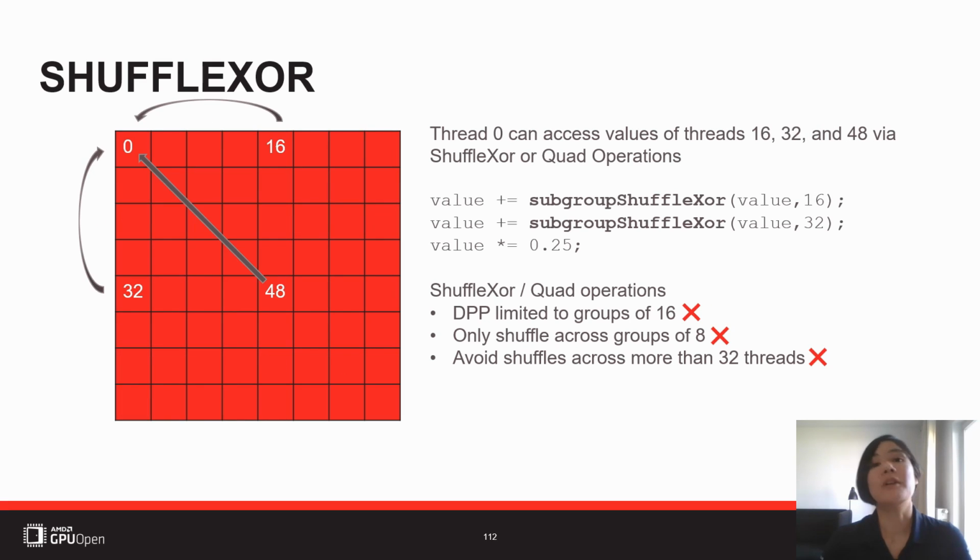Then from MIP3 to MIP4, we need to swizzle between the threads 0, 16, 32, and 48. Now we're actually going beyond this group limit of 32. This means we can't use DPP anymore because we are not in a group of 16, and we also can't use LDS permute because we are exceeding this limit of 32 threads. This is very poor in performance, so we can't use any of these efficient instructions, and the compiler needs to use something else.